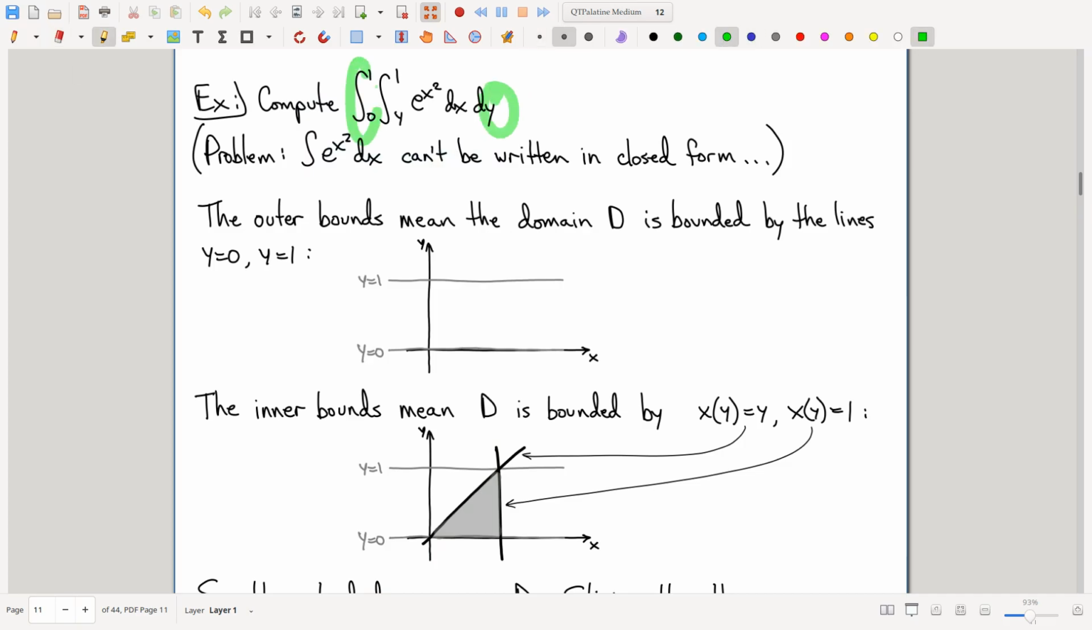Y goes from 0 to 1. Okay, there's y equals 0, there's y equals 1. My domain must be between these lines because it says right here that y is always between 0 and 1. For a given value of y, now let me just switch down to here just to, since I have everything on here. For a given value of y,